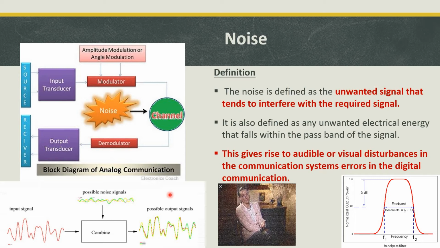If noise domination is more, what will happen? While receiving the audio signal, there is disturbance or distortion in the audio signal. In a similar manner, in the video signal, the visual quality will be affected, as represented in this picture. Because of the noise domination, the video quality is reduced. Sometimes flickering happens in the video while you are watching television. All of that is because of noise domination.